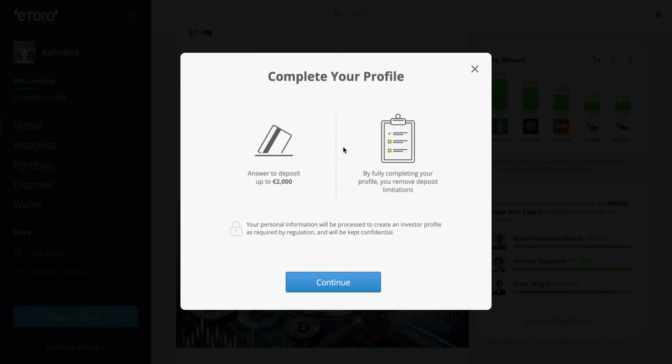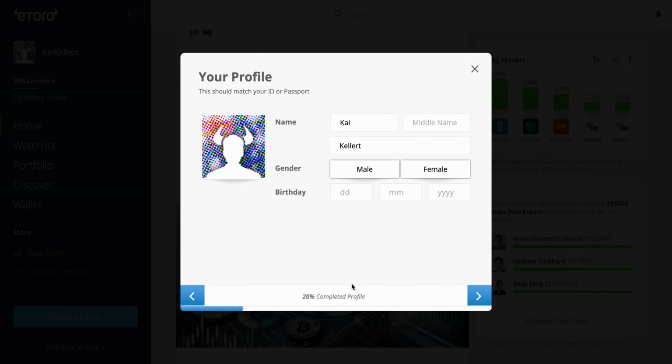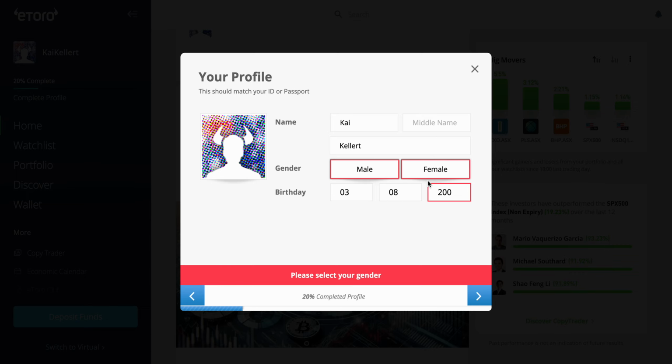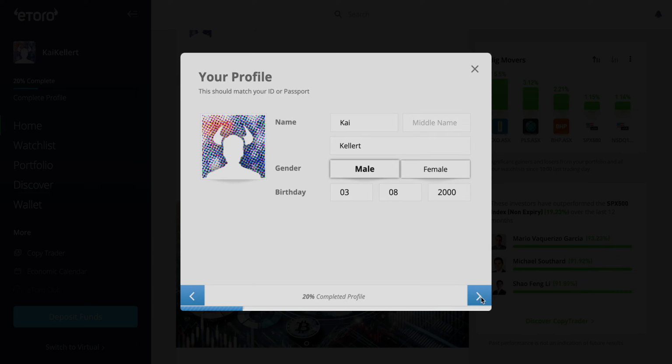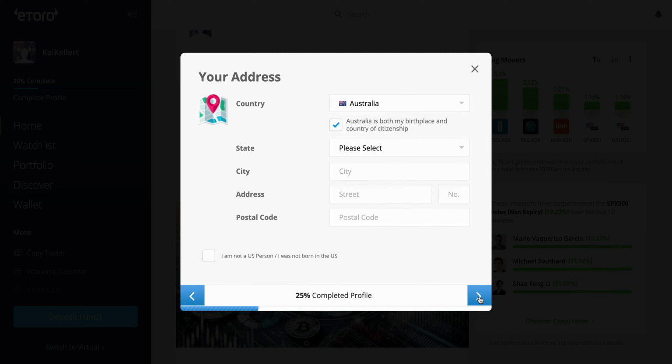To complete your profile, you must answer up to a deposit of 2,000 euros, or by fully completing your profile, removing your disposal limitations. Fill out the details here. And make sure to select your gender. After that, type in your address